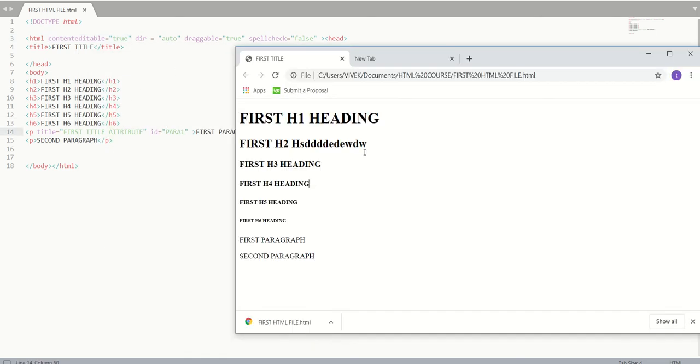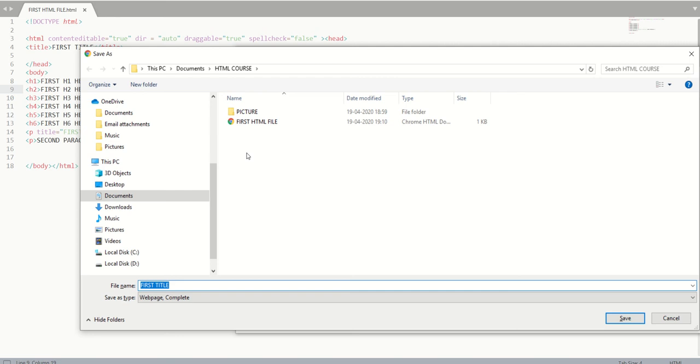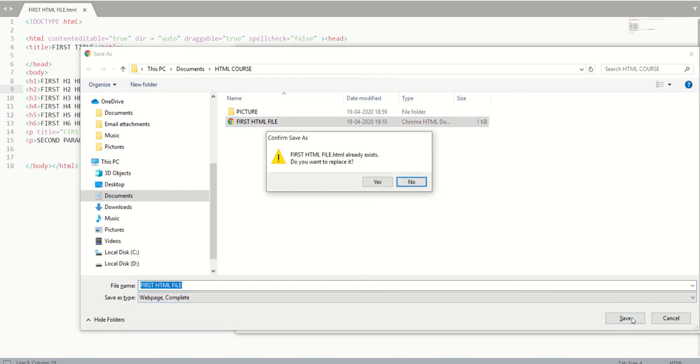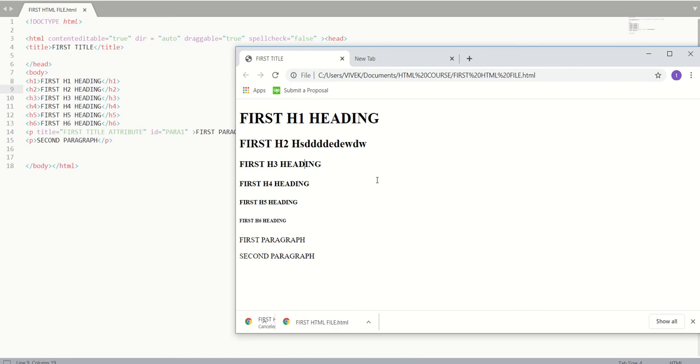If you want me to do that, I'll probably show you how to do that. So I made the changes in the first h2, which is here, and now you'll see this heading will change if I save it through the web page. I saved it through the web page, I overwrote it, and as soon as I overwrote it, it asked, do you want to replace it? Yes.